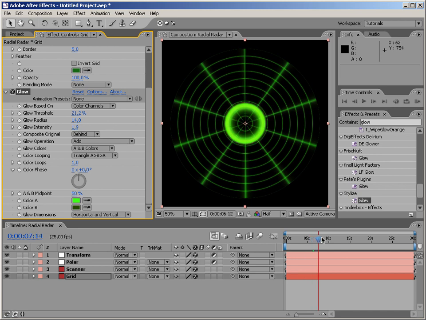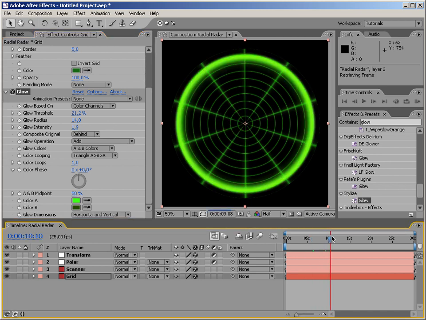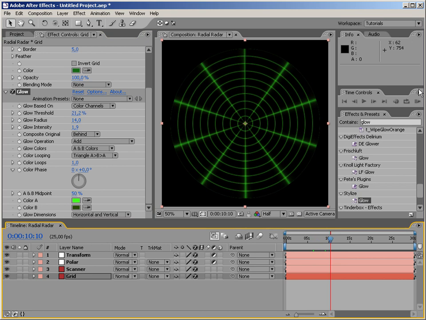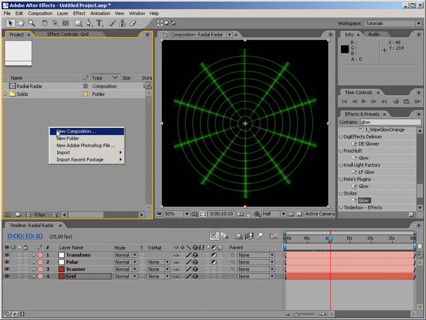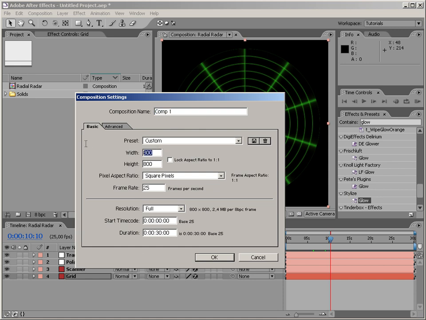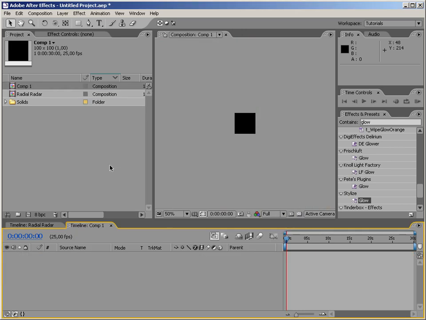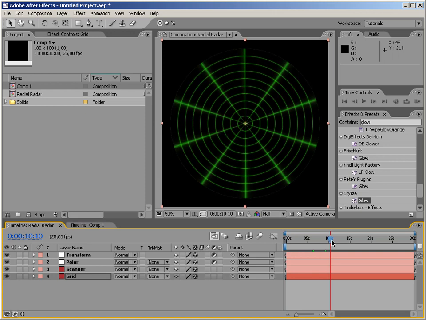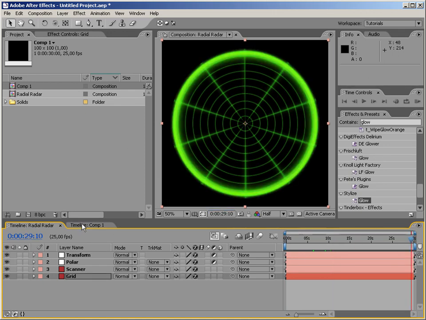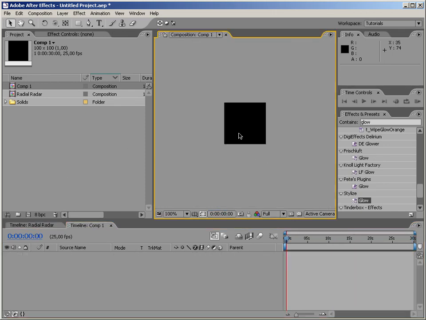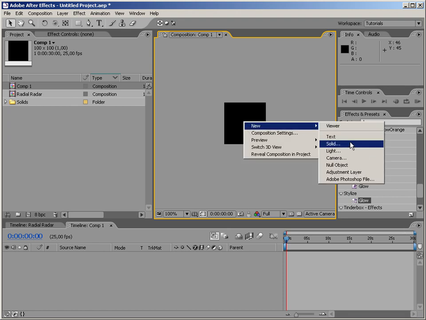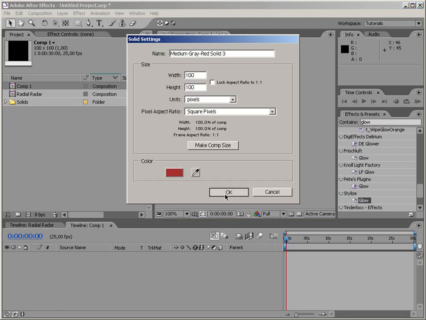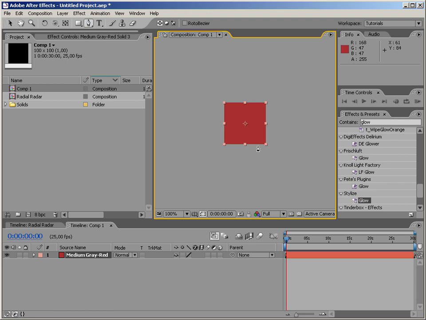Okay, that looks okay. So now let's create our target, right? So let's create our aircraft, and the aircraft is going to be 100 pixels by 100 pixels, and duration doesn't really matter. Well, it has to be the same length as the composition of this radar, so let's just leave it at 30. Let me just zoom in and create a new solid. Make comp size just to make sure, and let's use the pen tool to draw